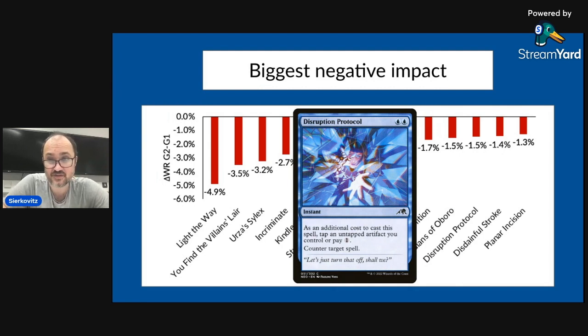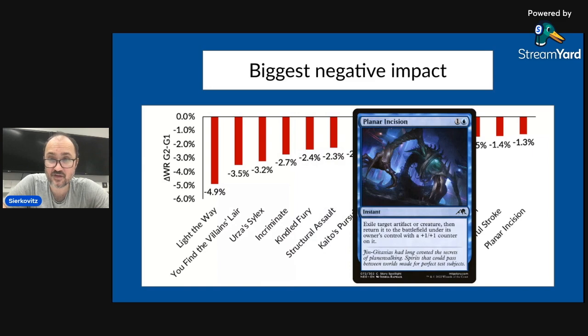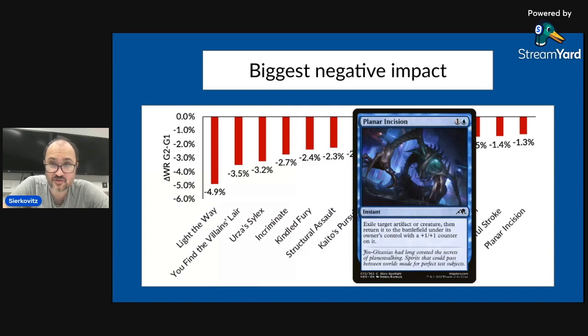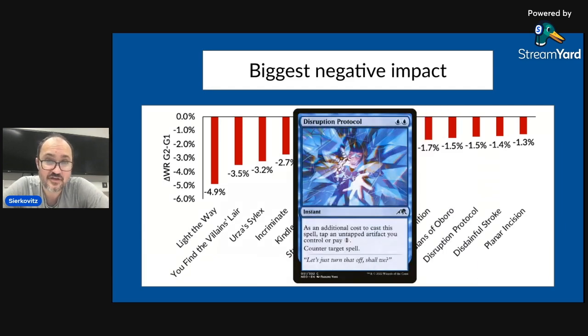And it counters target spell. Then we have Disdainful Stroke, so another counter spell, and Planar Incision, which is an instant that exiles target artifact or creature and then returns it to the battlefield under its owner's control with a +1/+1 counter on it. So when we look at it,